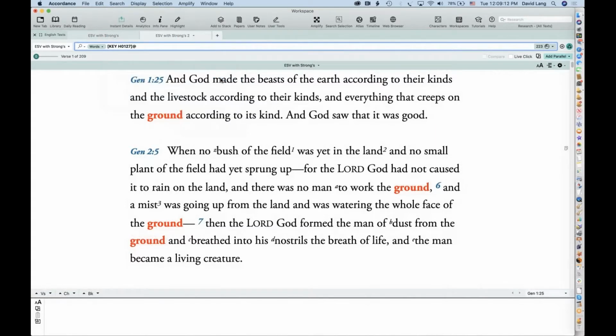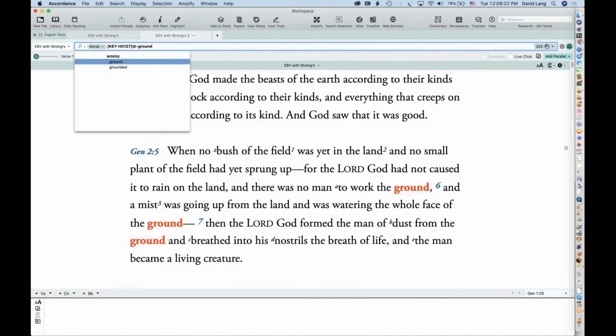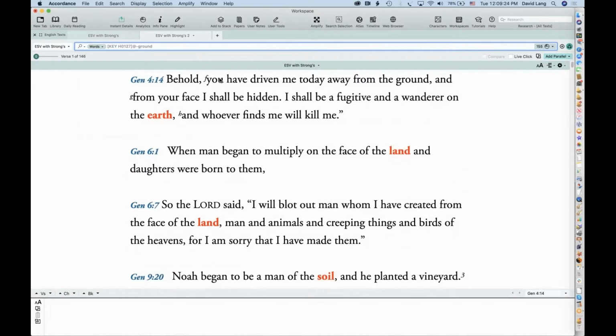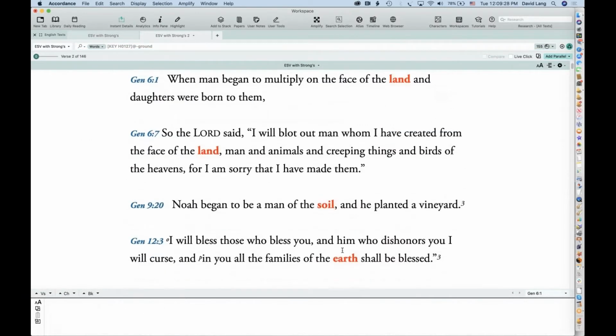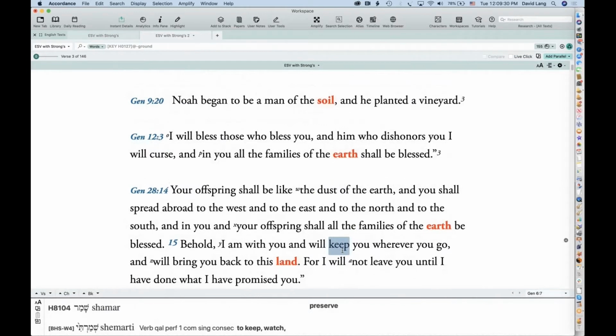So if I insert the @ symbol, I can say, show me all the occurrences of Adama where it is not, I'm going to do the minus sign for not, translated as ground. And I get all the other occurrences: earth, land, soil, etc. So you can do some pretty sophisticated searches just with the key number text.